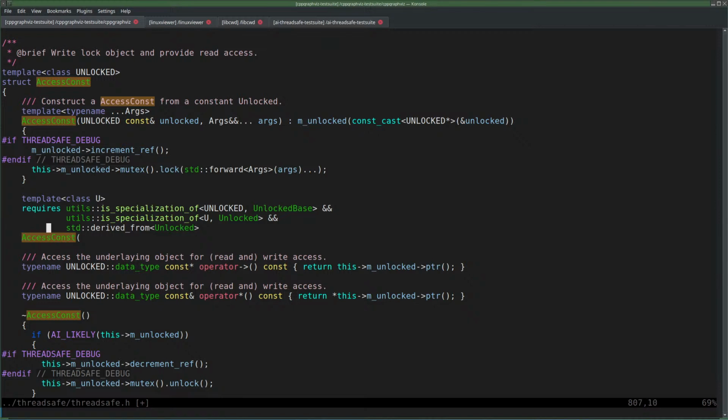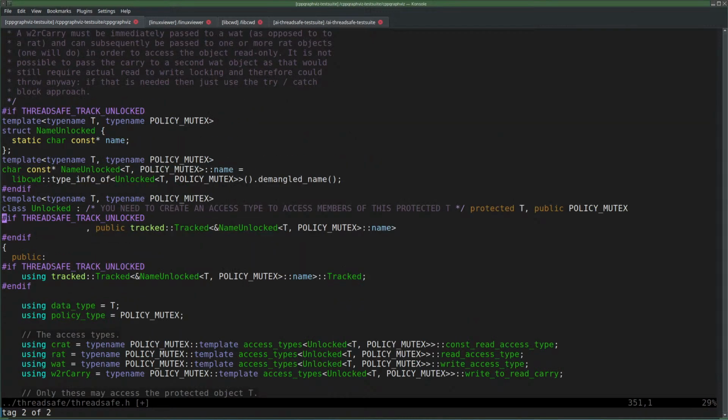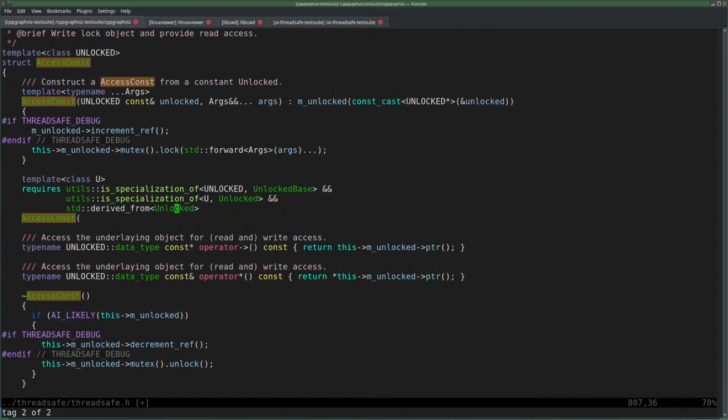And then unlocked is a wrapper around data type. To unlock data type is derived from, that's bullshit.